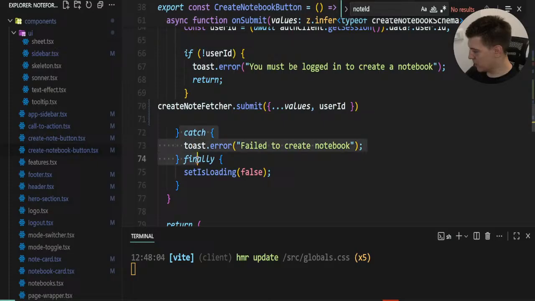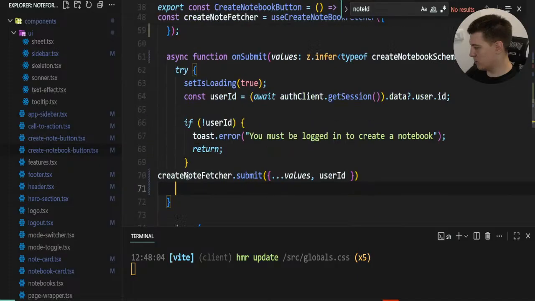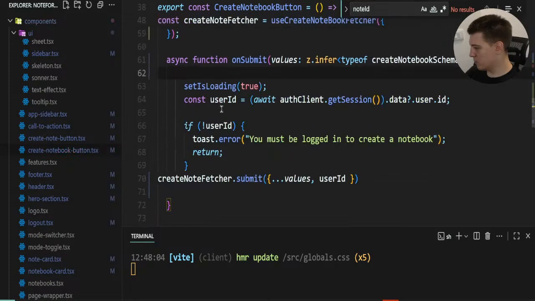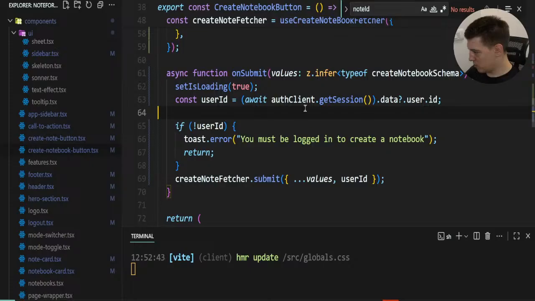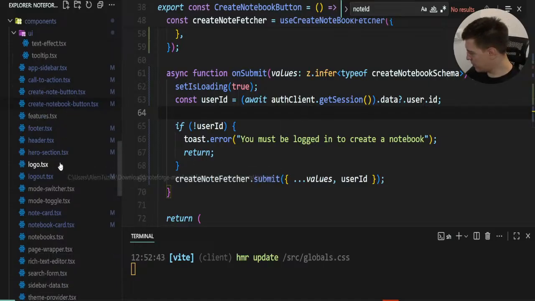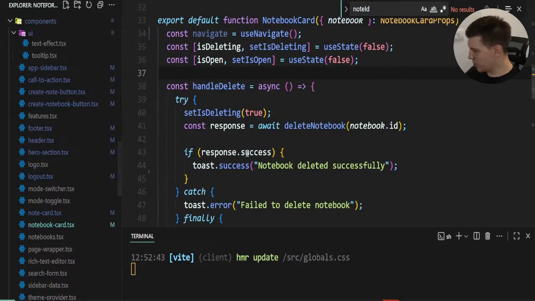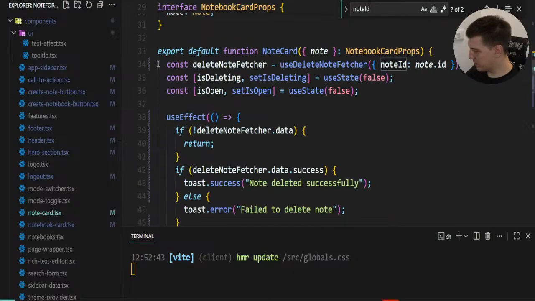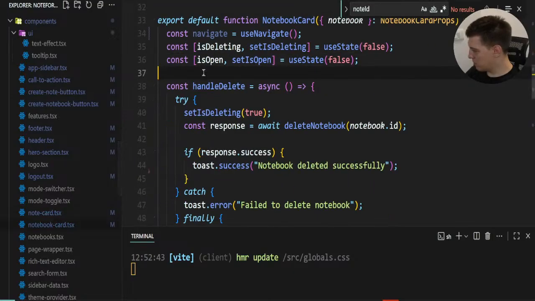Alright, and we're just gonna delete all of this. Why is this wrapped with braces? Okay. Aha, it's awaited. Alright. Okay, I think that's it. And then for the notebook card, we also have to steal the note card here. So